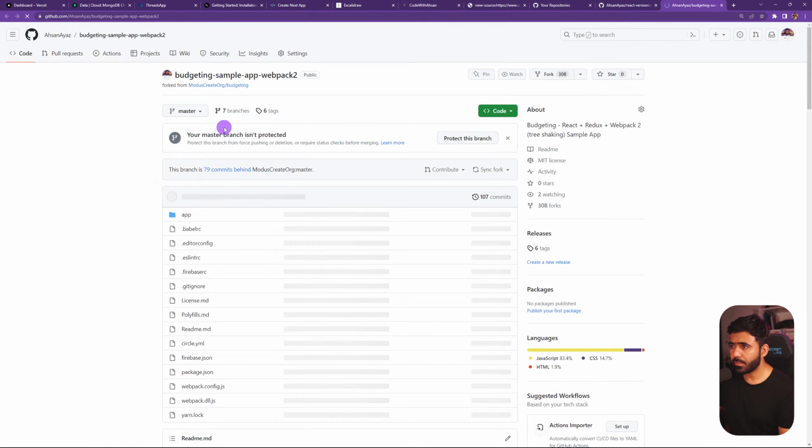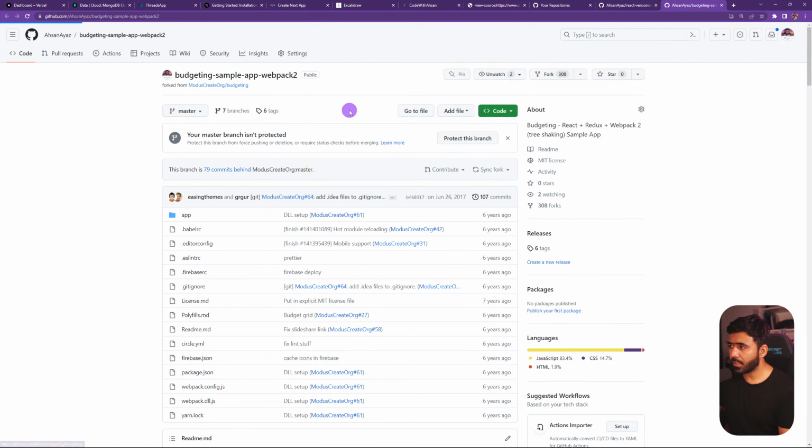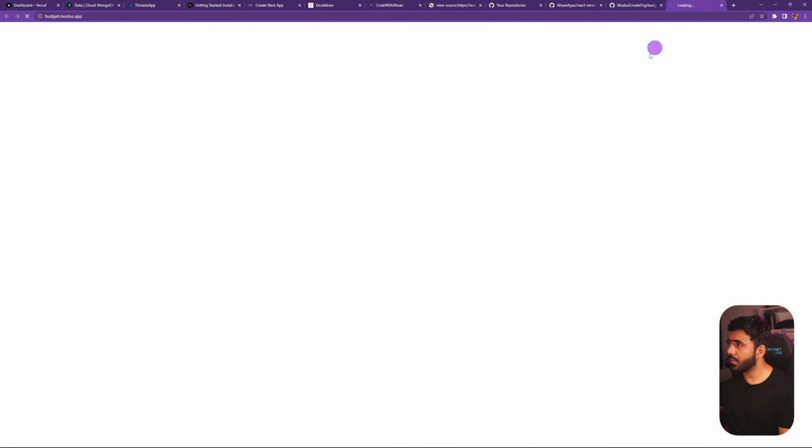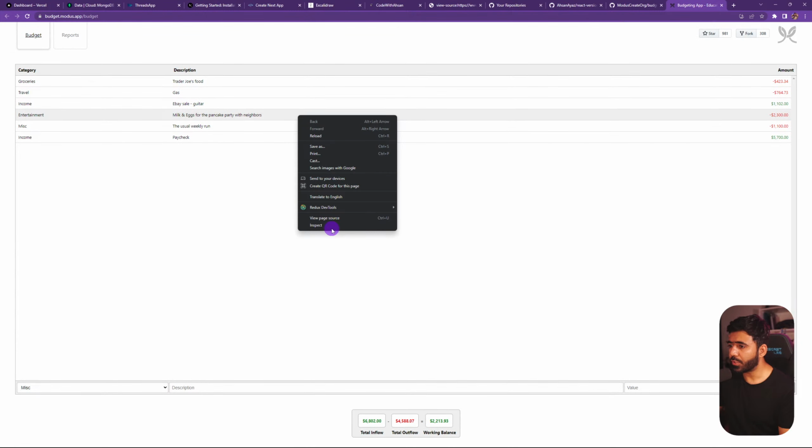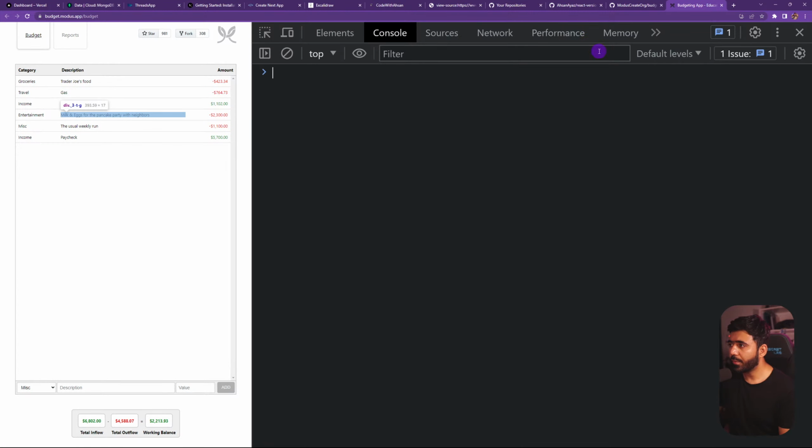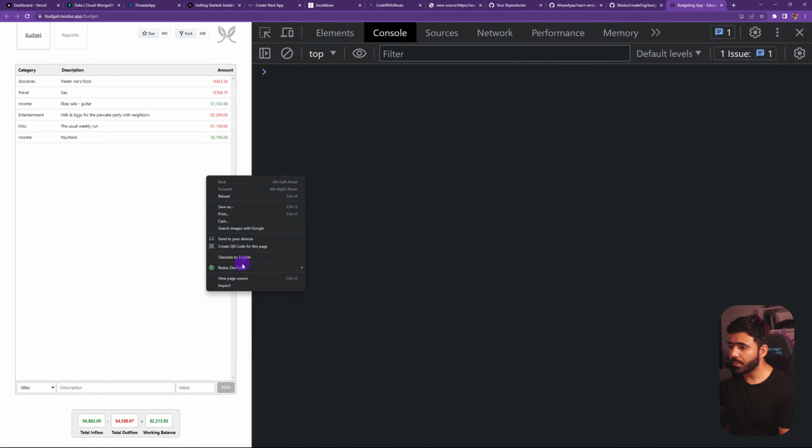Budgeting app. I'm pretty sure this is going to be deployed somewhere. Yes. Is this server-side rendered? I'm not really sure. Let's see. So if I go to the view source